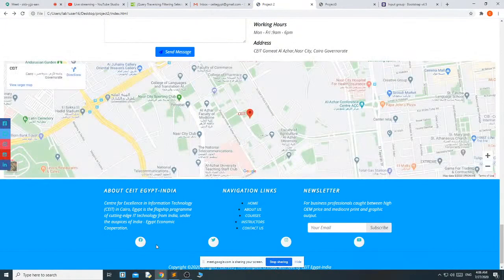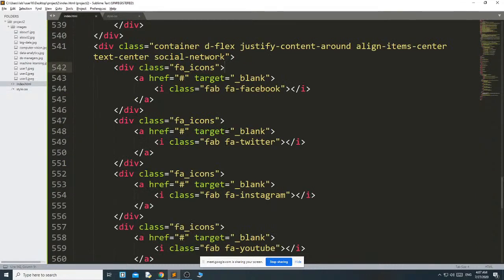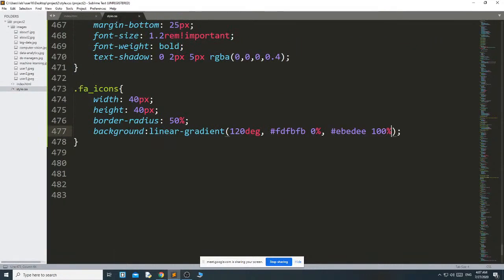Okay, this icon size, why is it not changing? Fa icons.